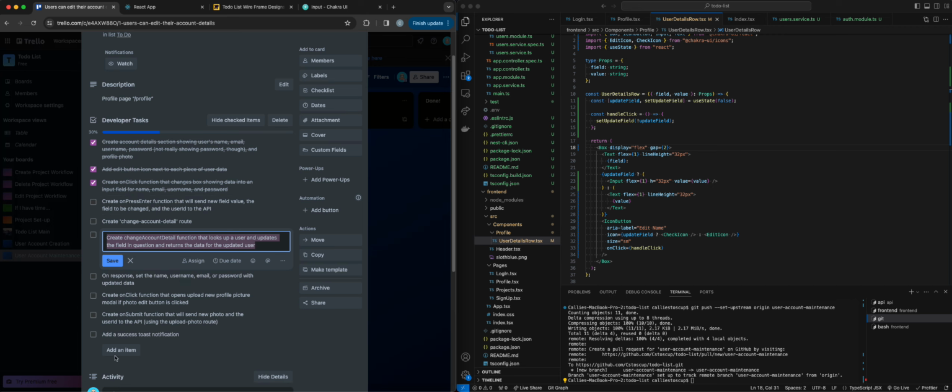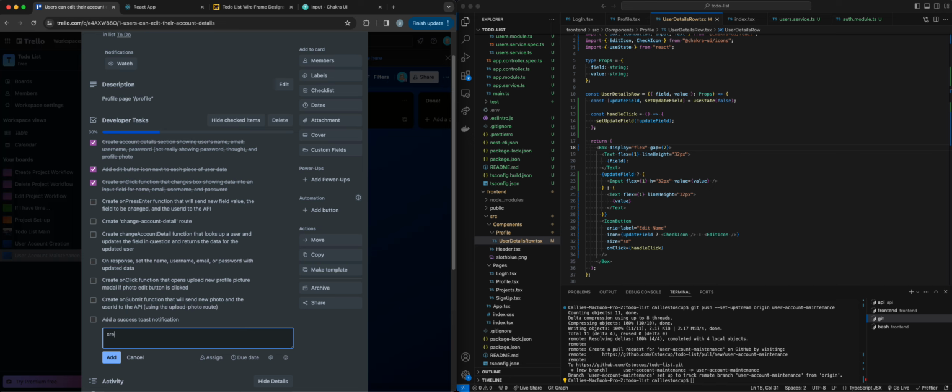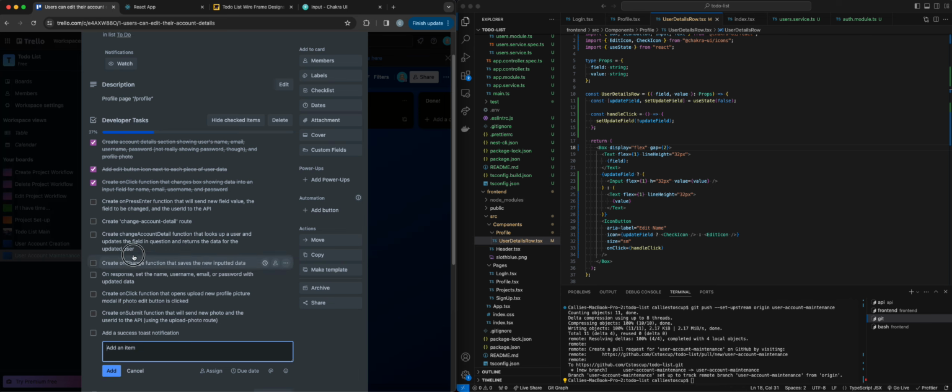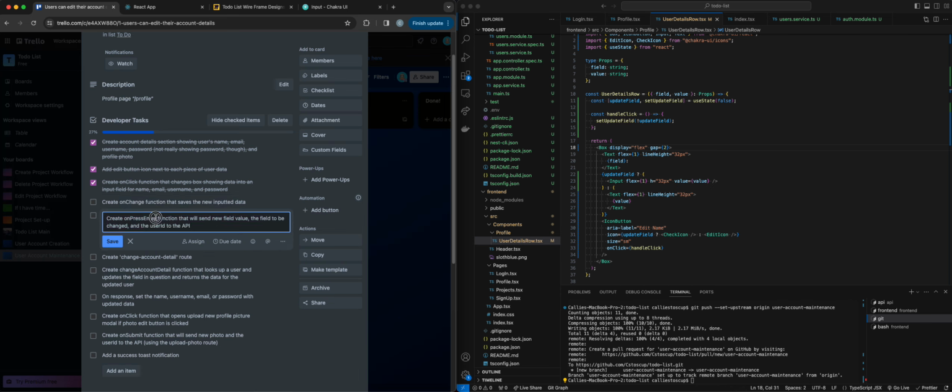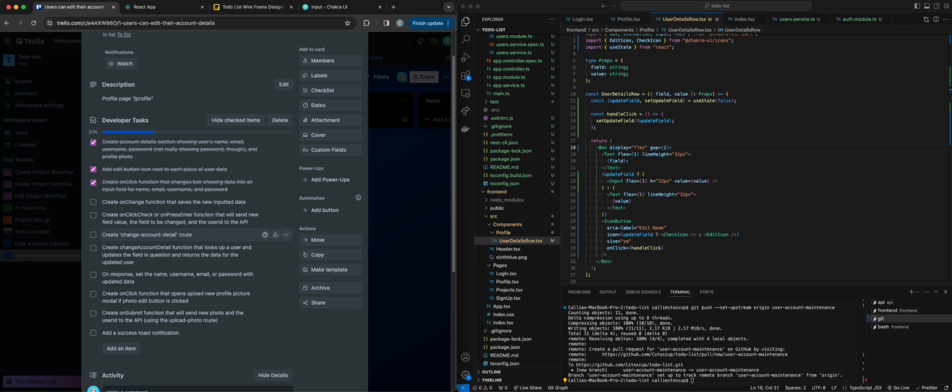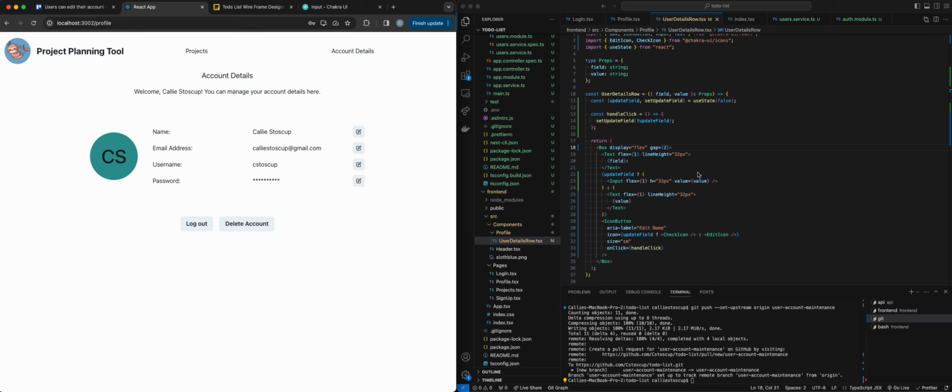But honestly, I forgot a task, so I'm gonna add one. So I'm gonna say create on change function that saves the new inputted data. All right. And then on here, it's not going to be on press enter anymore. I think that could be a next level thing we can look into. So I'm going to say on click check or on click press enter. Okay. So let's create our on change function that's going to change the value here,